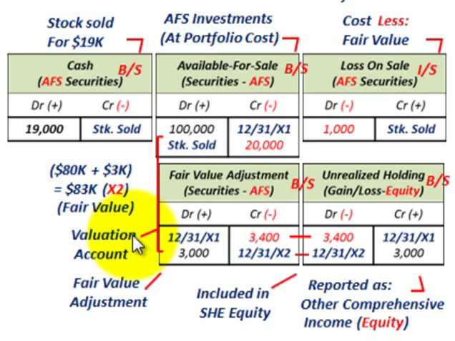Okay, so now let's look at this fair value adjustment account. Again, we said that was a valuation account. It adjusts the available for sale, whatever that fair value adjustment was. So let's look at that here. For the first year, remember we had that credit amount here, or a loss of adjustment here of $3,400 that we calculated. That was the end of year X1. Again, we labeled that fair value adjustment, securities, for the available for sale securities. So credit our adjustment account here for $3,400 for the loss,